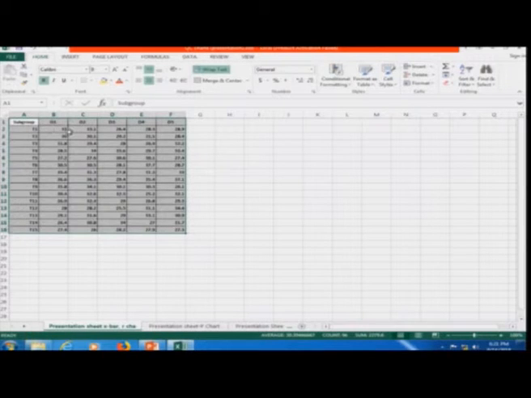First of all, I will try to calculate the X bar, the average of these values.